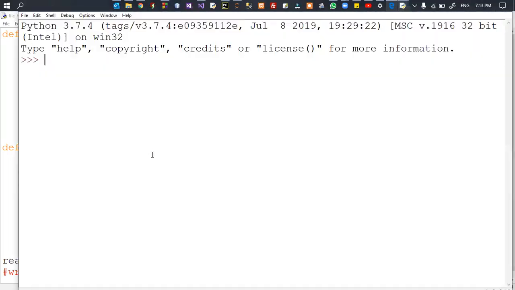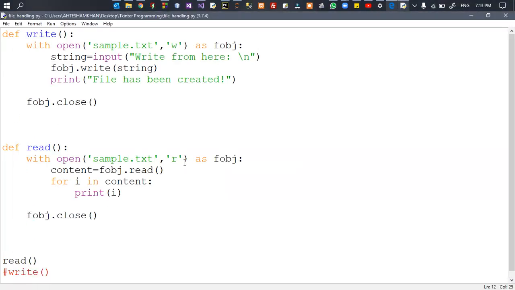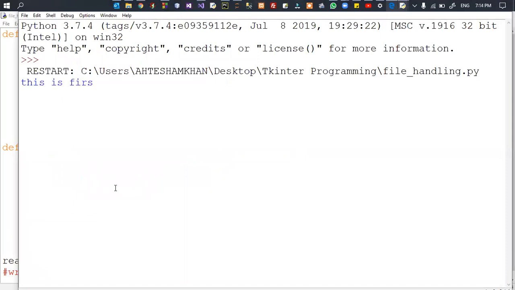Now in that situation, what will happen? All the content will be read, and all the characters will be printed in the next line, right? Because the print function prints all the statements in the next line by default. So if you want to remove the definition of the next line, you have to pass an attribute here, like that. Now execute the same program and you will get the